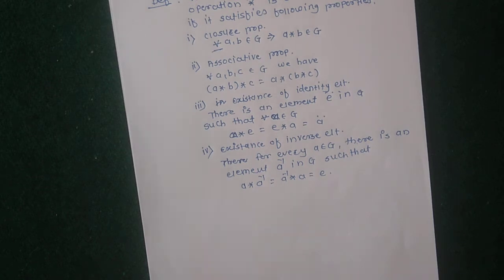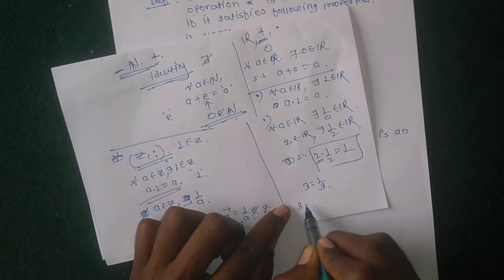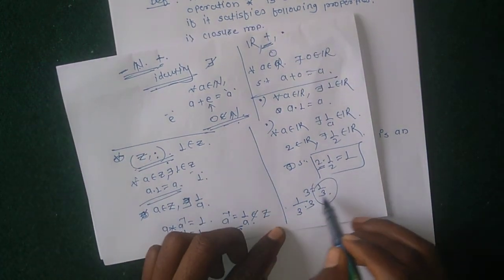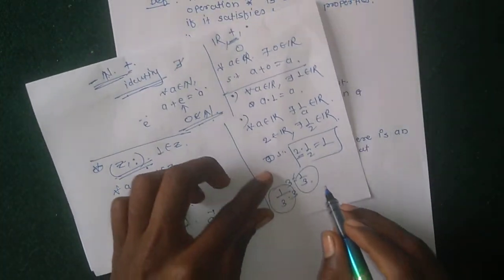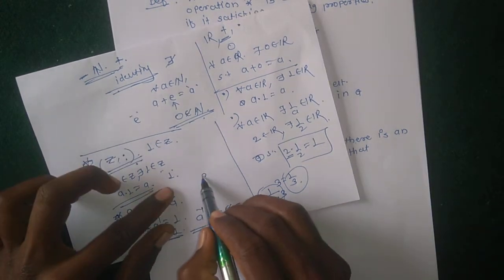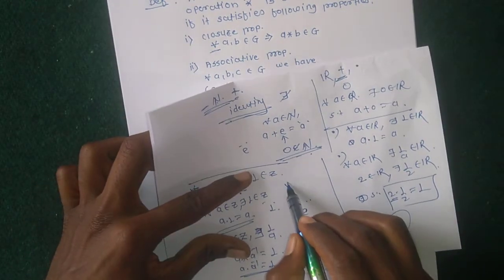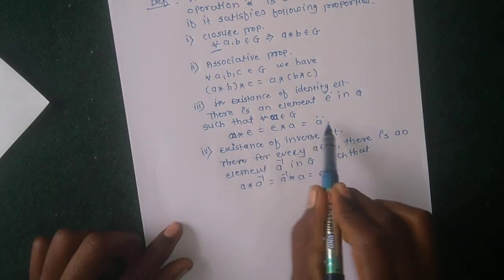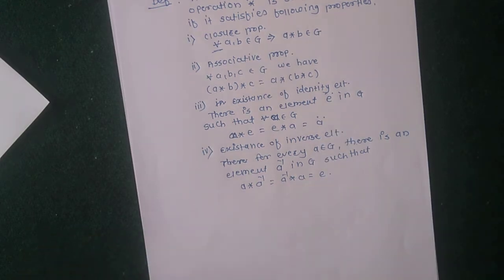Okay, that means here in the set of real numbers, 2 has inverse 1 by 2, 3 has inverse 1 by 3, and 1 by 3 has inverse 3. Similarly the inverse element is different for every element, but the identity element is only a single element that exists in that set. We must satisfy, for all elements, this condition: A star E equal to A, the value must be A.